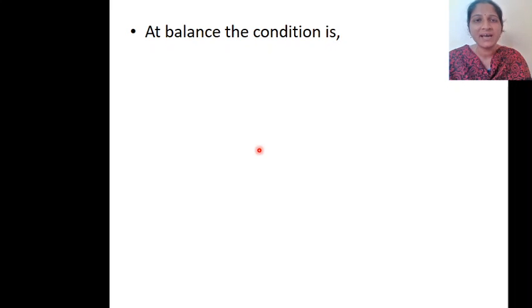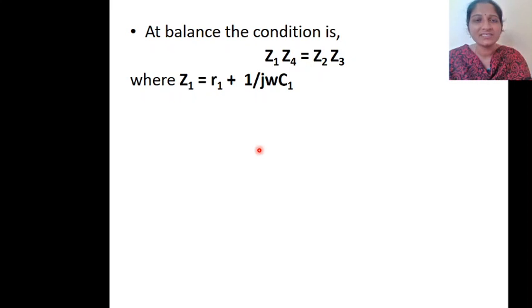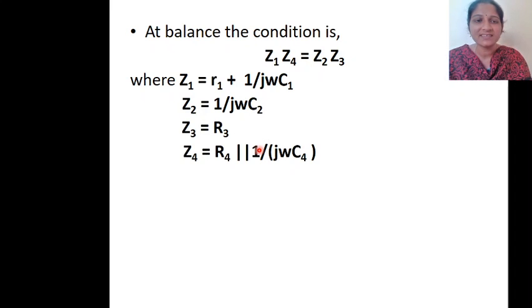Now we know that the balancing condition is nothing but Z1 Z4 is equal to Z2 Z3, where Z1 is equal to R1 plus 1 by j omega C1, Z2 is equal to 1 by j omega C2, Z3 is equal to R3, and Z4 is equal to the parallel combination of R4 parallel 1 by j omega C4. Now substituting all these in the above condition and equating the real part and imaginary part, you will be getting